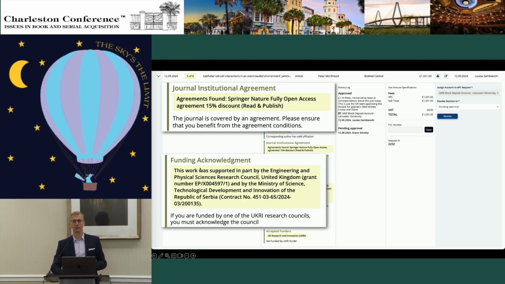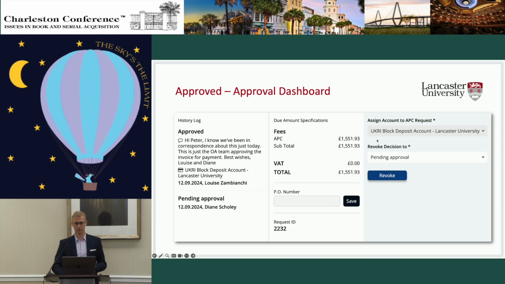It also checks the funder acknowledgements in the actual manuscript and extracts that automatically. And this is used then by the library team to decide from which pot of money this APC should be paid. Because if you remember, there is a UKRI block grant and there is a central fund. So if we see this is a UKRI funder, well, they would assign this to the deposit account for the UKRI block grant. And so once this is approved, the £1,551 here,